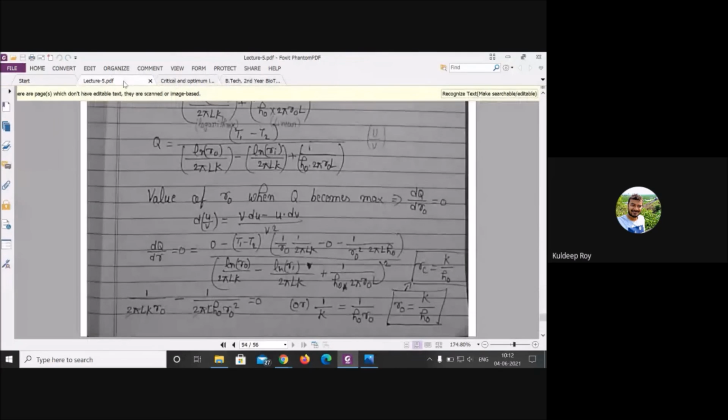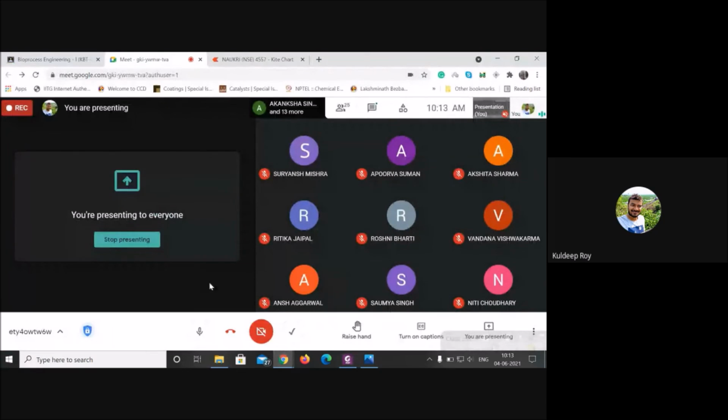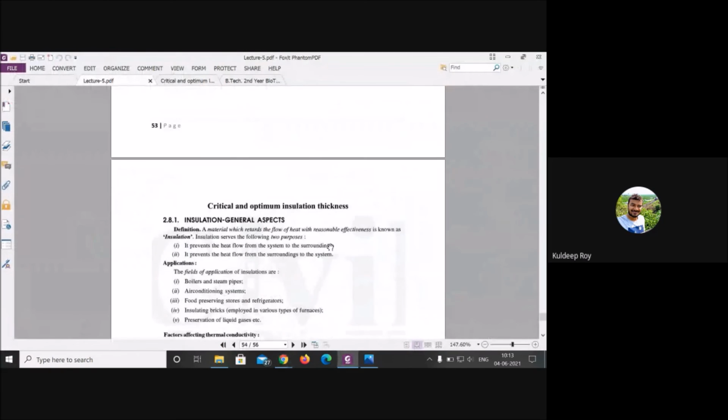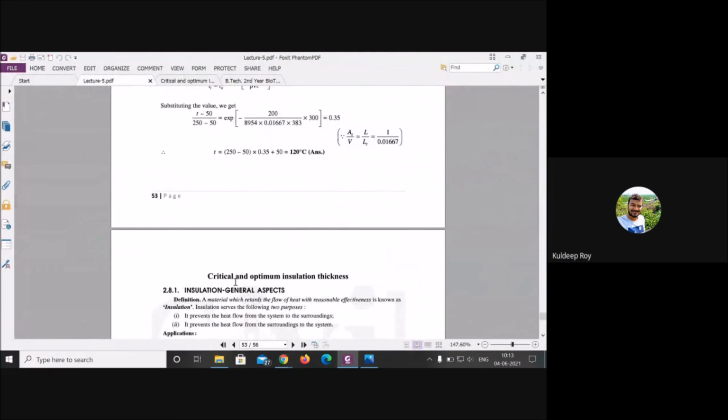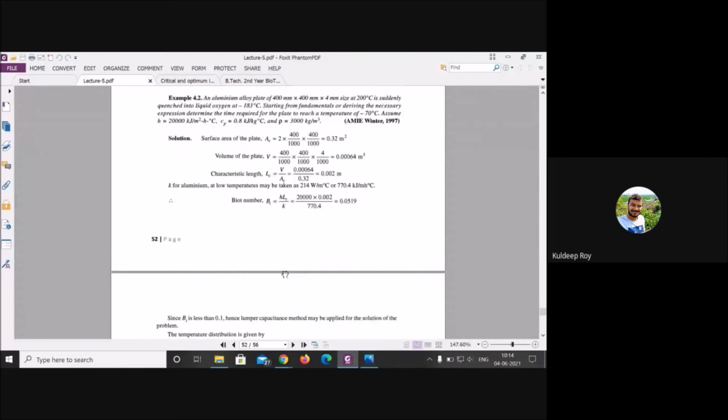Okay, and tell me if you have any queries. Don't hesitate. If you have any query, you can ask. Don't worry, don't hesitate in asking, because these things are very fundamental. If you sit for an interview, definitely they will ask, what is the critical thickness? So don't get confused at that point. If somebody says, critical thickness means such a thickness where you want to control the heat transfer, that is correct. But there is another point: at that critical thickness, you will get the maximum heat dissipation. Just keep that in your mind. Okay.